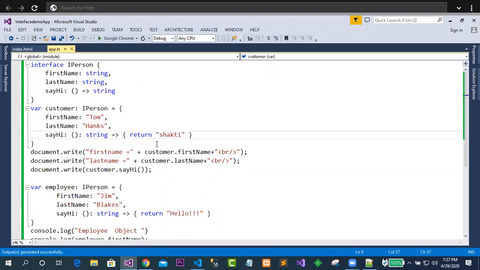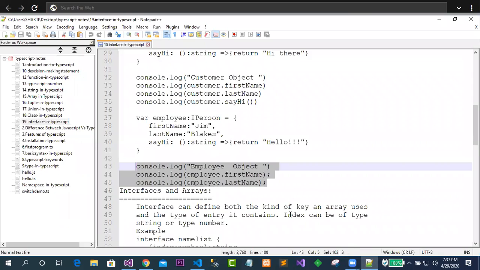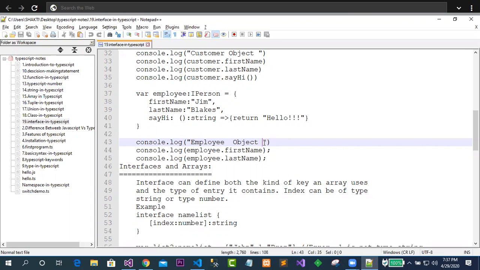It's been fine, guys. So this is totally the same as the concept in Java or C sharp. Those people who have gone through C sharp or Java must have gone through this concept called interface. So we will next see some of the questions from your side. Let me check what are the questions,